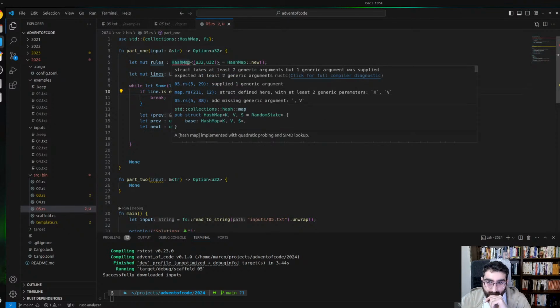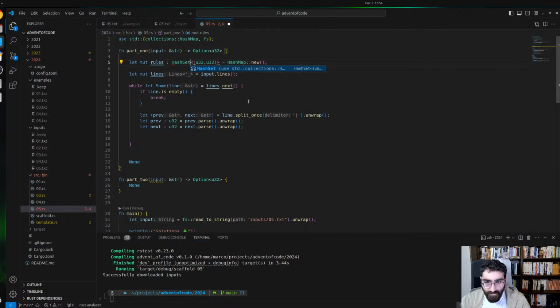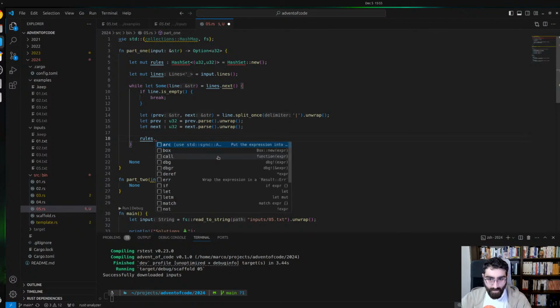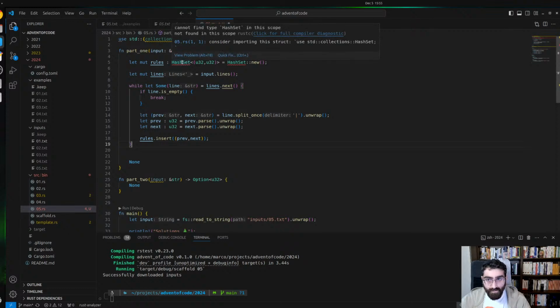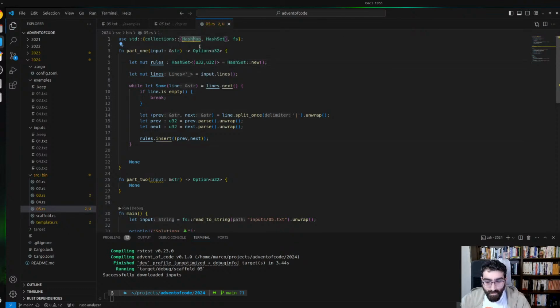It will not work. Do we need a hash map? I mean, we can just check if the rule is there, maybe. Oh, I have an idea. I want to try. So we can do rules insert rev next, and these are our rules. Oh, this hash set doesn't work. Okay, now it's working,